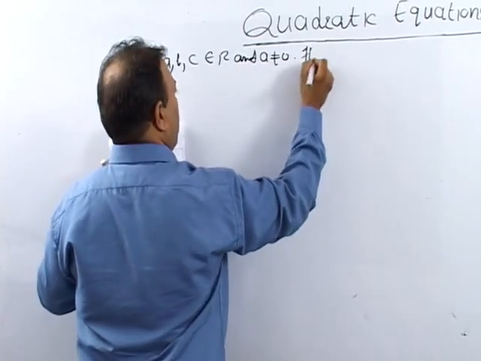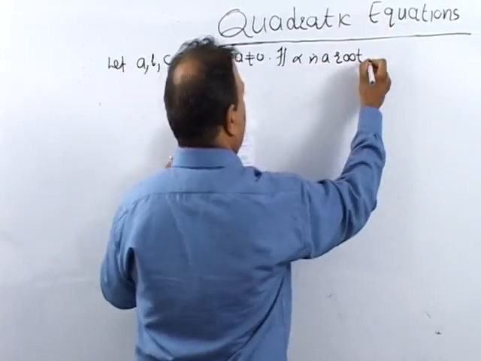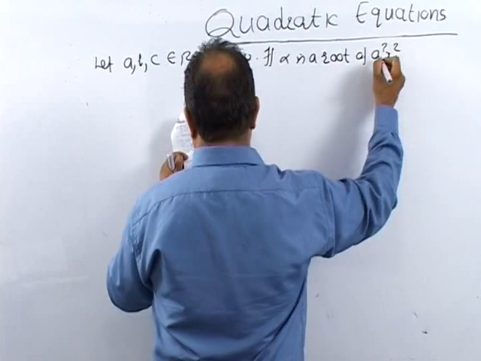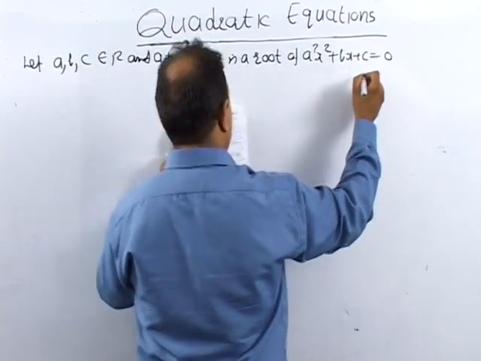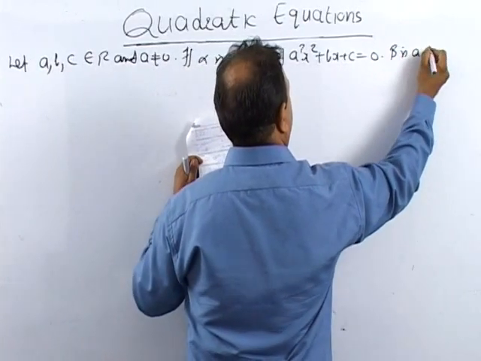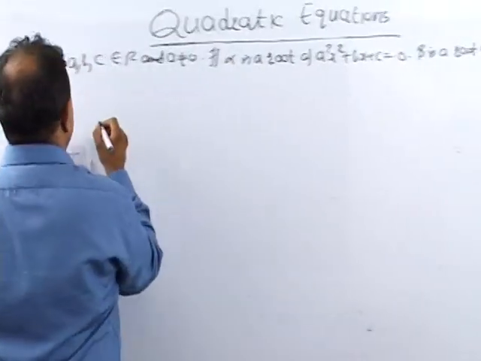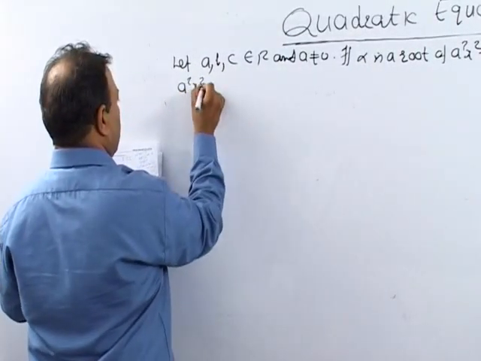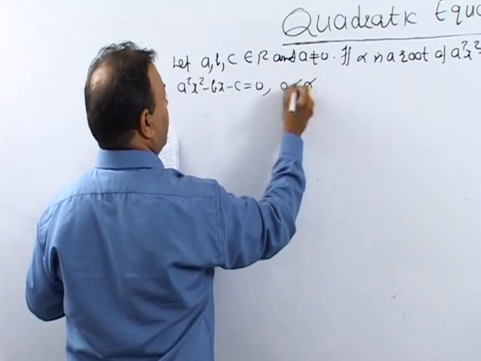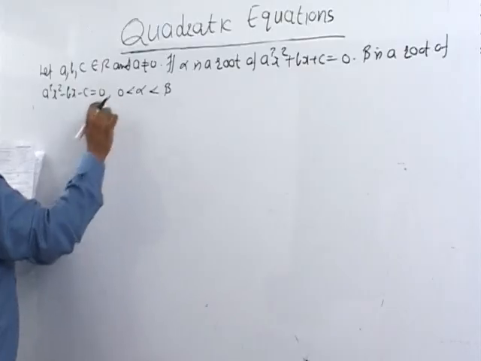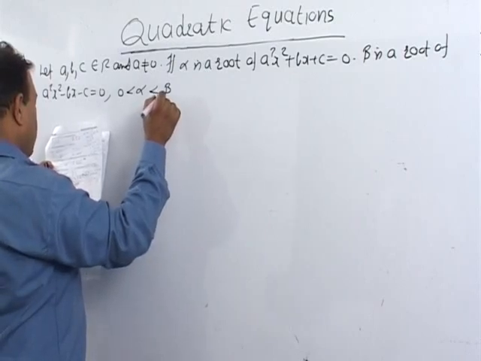If alpha is a root of a squared x squared plus bx plus c is equal to 0, and beta is a root of a squared x squared minus bx minus c is equal to 0, and we have been given that alpha and beta are both positive,